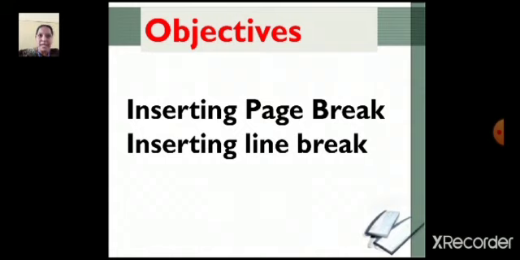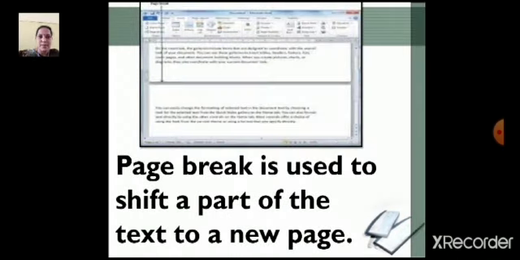So here page break is used to break a page, and line break is used to break a line, the text which we have typed. Page break is used to shift a part of the text to a new page, as we were shifting the text in the column break to a new column.